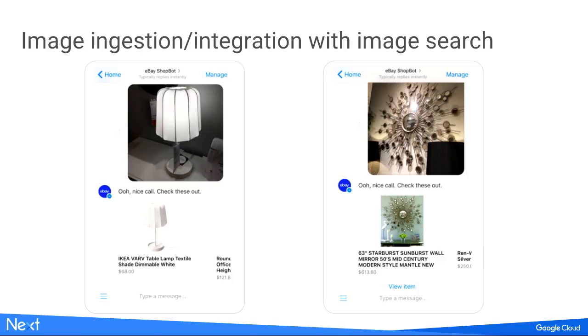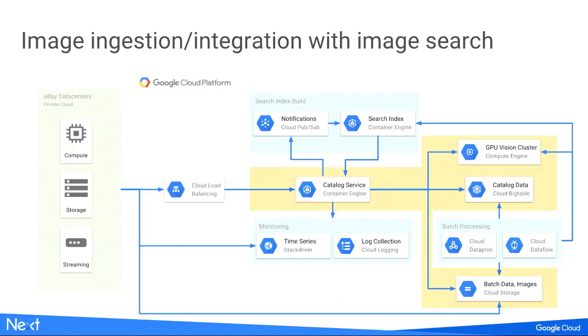So our catalog service and Bigtable ultimately participate in enabling image search. As we get catalog data, we detect if we have new images, or if the list of images for a listing changed. In response, we download these images from eBay core. We save the images in GCS, Google Cloud Storage. And we also have a GPU cluster where we run our own vision models, where we pass the images to